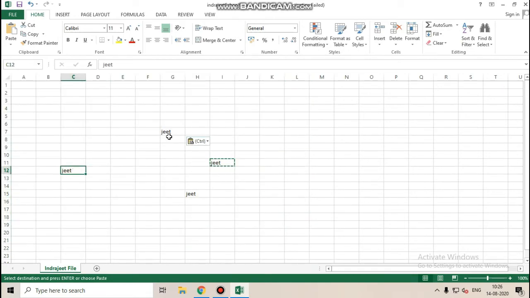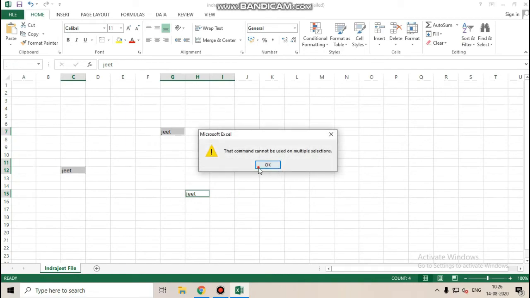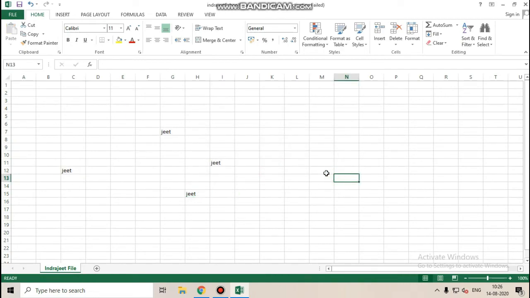This is a selection method, but my favorite is: click here, press Control and click, press Control and click. Like this you can select non-adjacent cells. Suppose I want to select these.